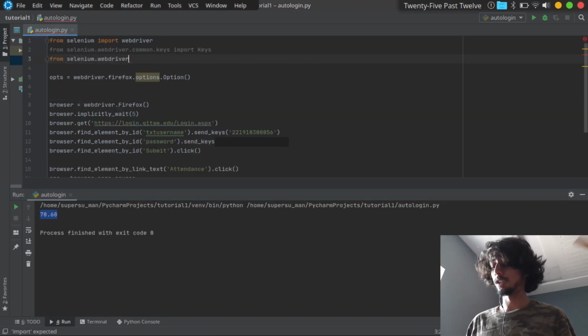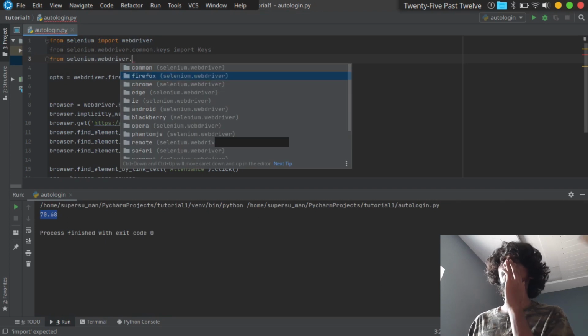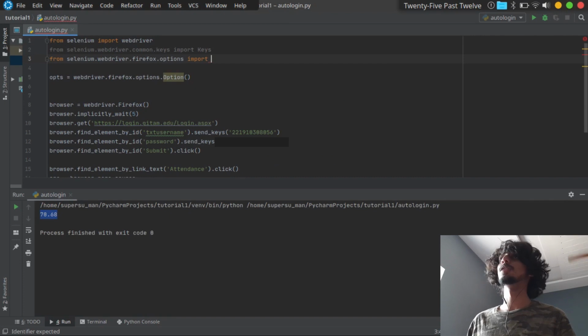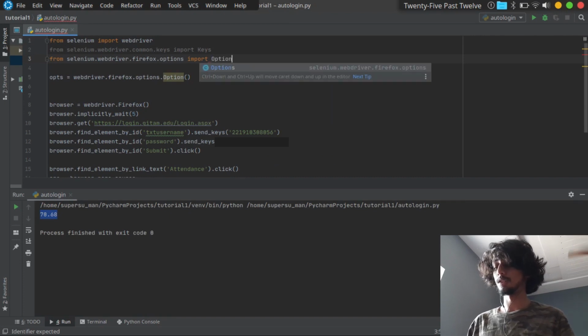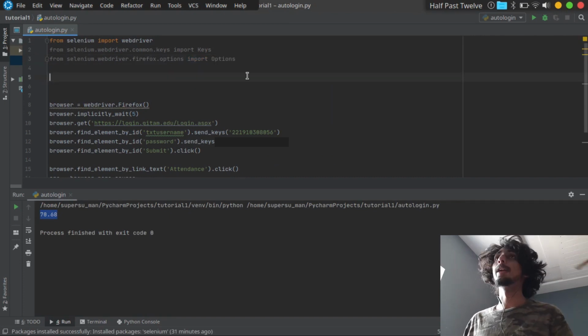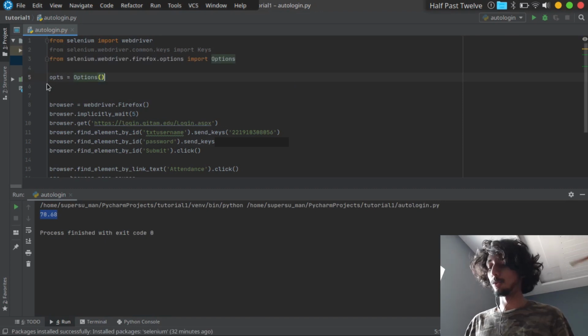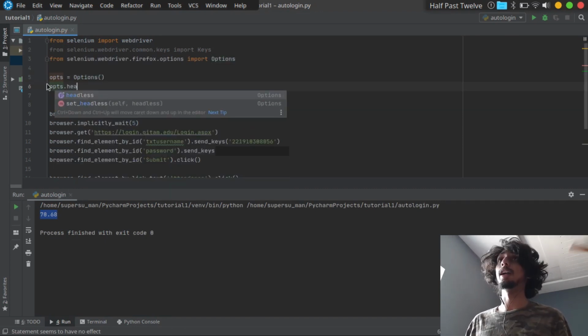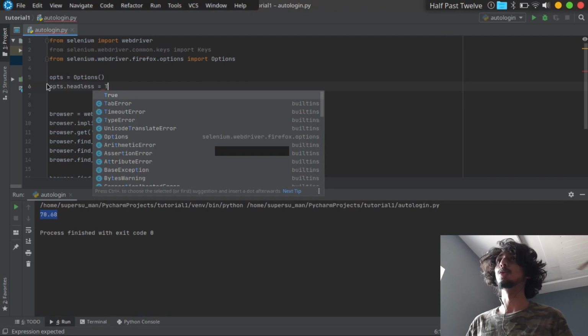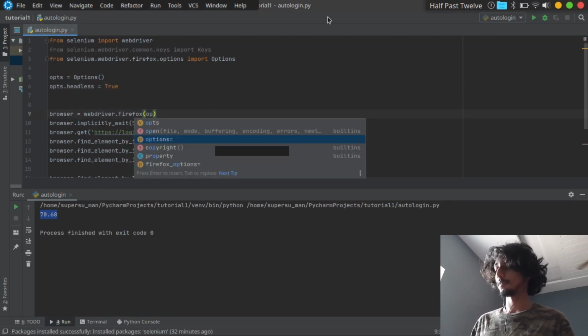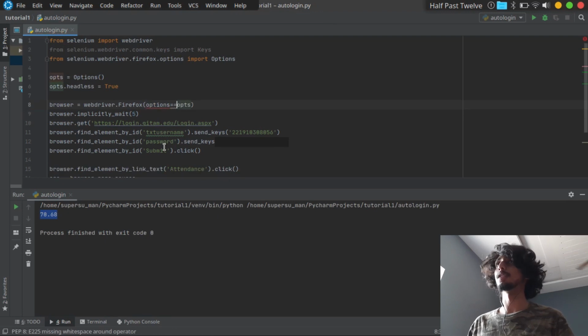From selenium.webdriver.firefox.options import Options, and take a variable, opts equals Options. Now opts dot headless equals True. And here, options equals opts.